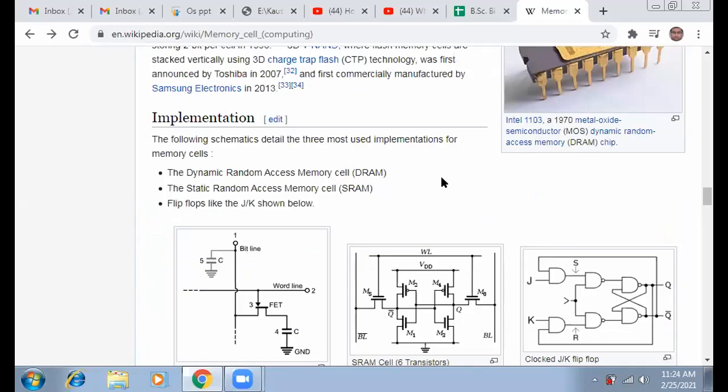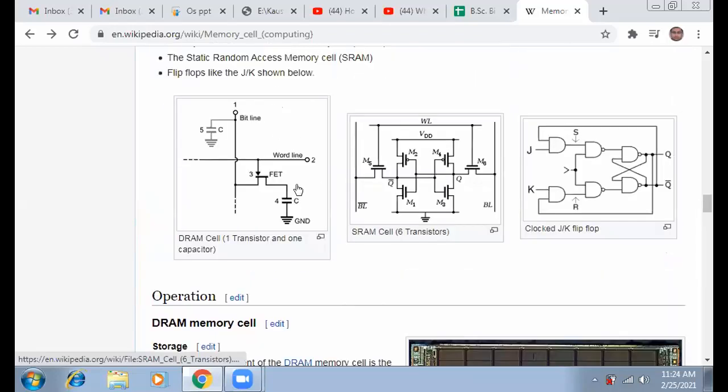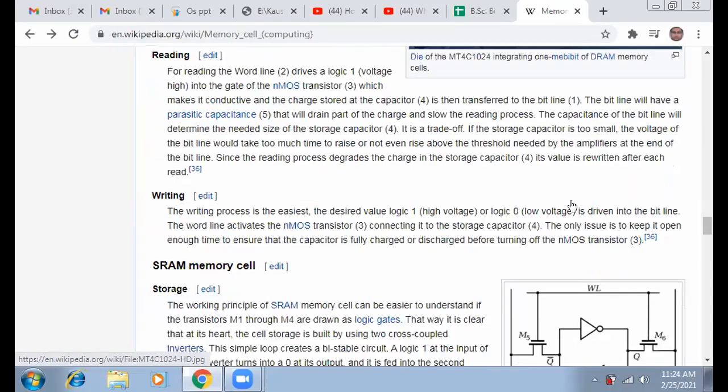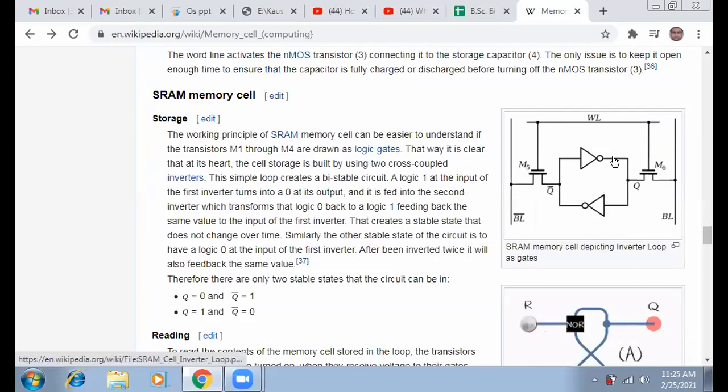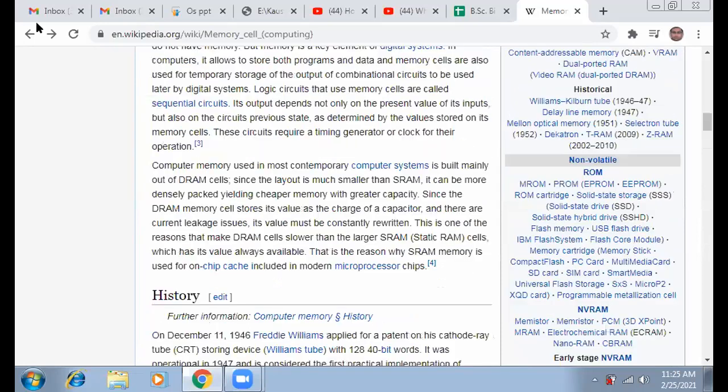You don't need to read more detail than this, you don't know much electronics. Otherwise, for BTech people I will go into detail. I teach all of this to BTech people. To know the internal structure of static RAM and dynamic RAM, you will get interested. You are actually learning right now a black box diagram, that these are RAM, these are ROM. You know only the black box, but you don't know the white box, the internal structure of static RAM and dynamic RAM. So that's why I have just given a very basic flavor of static RAM and dynamic RAM. I think it is clear to everyone, right?